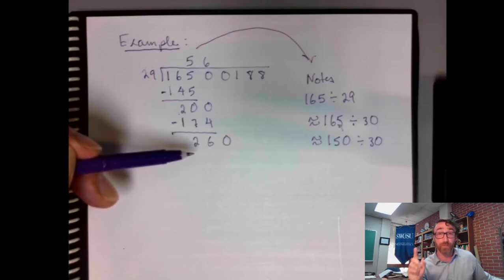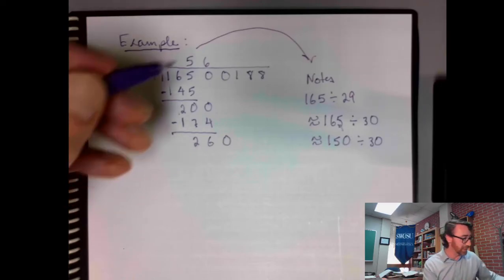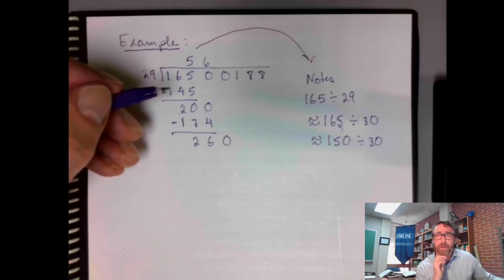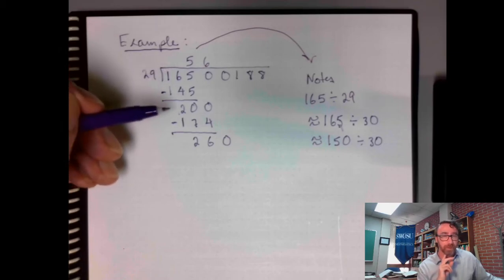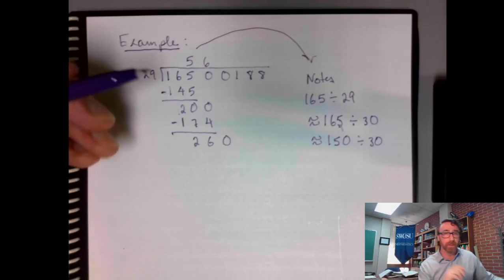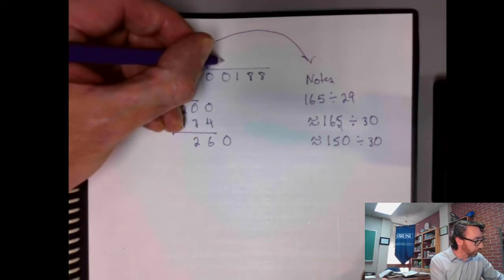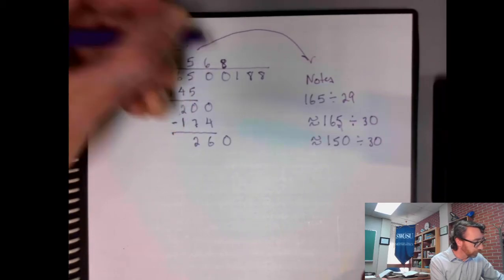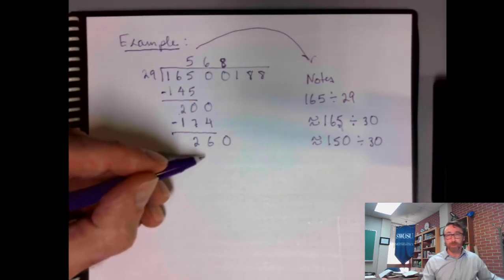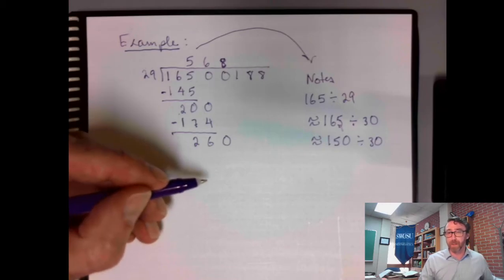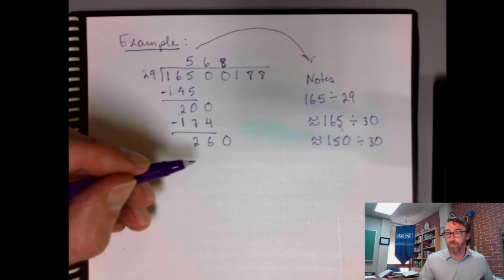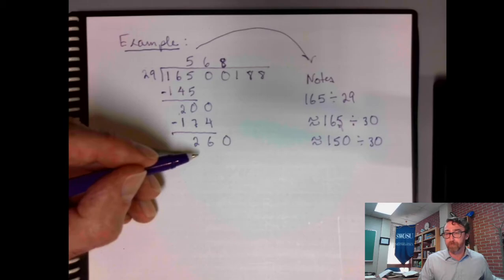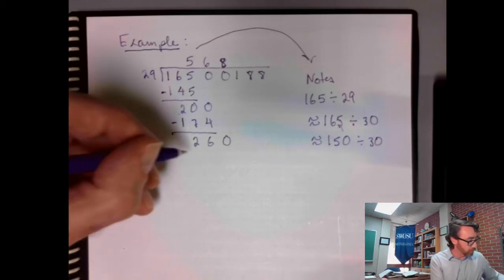Well, I can get to 240 by doing 6, or no, I get to 240 by doing 8 times 30, right? 6 times 30 would get me to 180. So 8 times 30, that's what I need. Okay, now I have to do 8 times 29. I know 8 times 30 is 240. So 8 times 29 would be